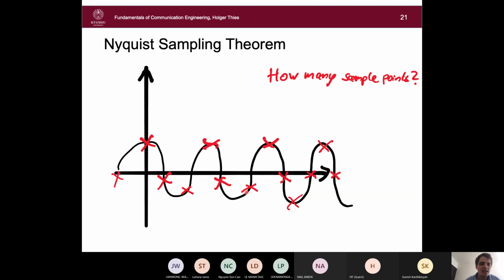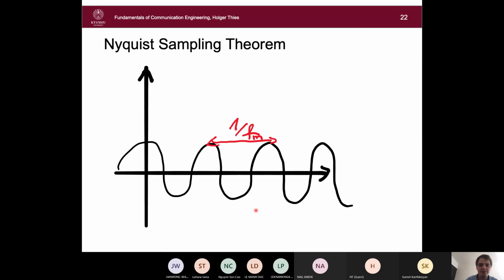But if we take many more points, then you will get a very good approximation of the waveform. So you can think that if you get those points, you will probably be able to reconstruct the original signal. So the question is, how many points are enough? Of course we cannot sample at infinitely many points, only at finitely many. So we have to know when it is enough. And this question is answered by the famous Nyquist sampling theorem.